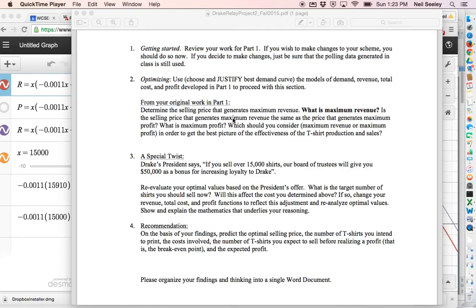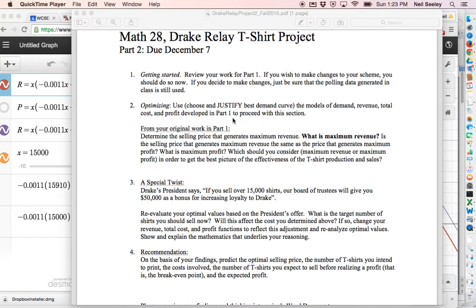A look at part two of the project. There is a conversation I had with one of your classmates, and I thought it was a healthy conversation, and I should probably pass it along to you guys just so you have the same insight. So you're looking at part two, and you're basically at the point now where everybody should be at part two,